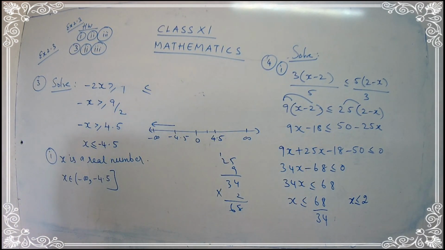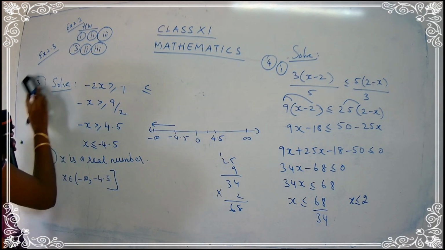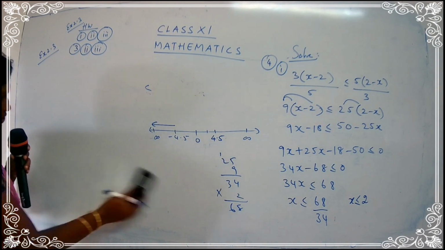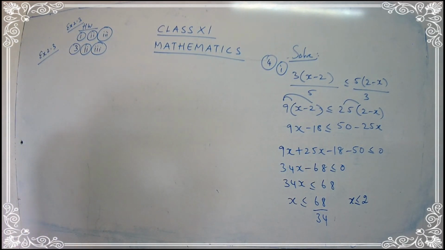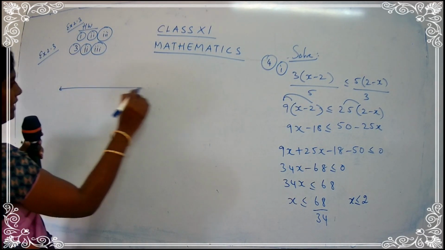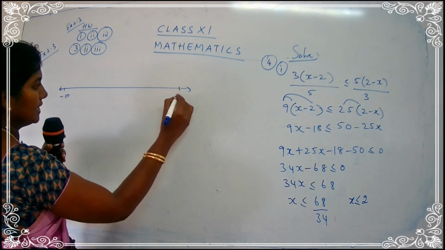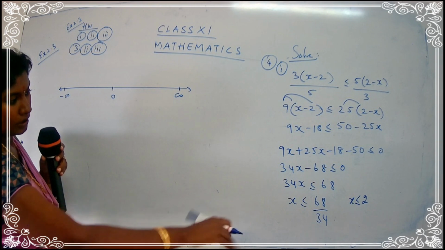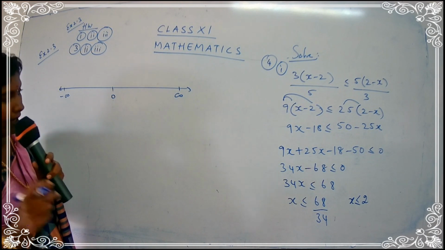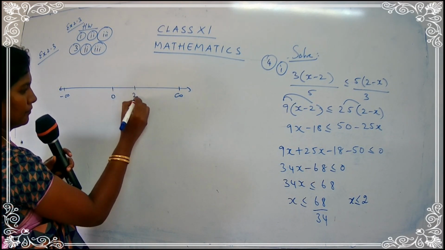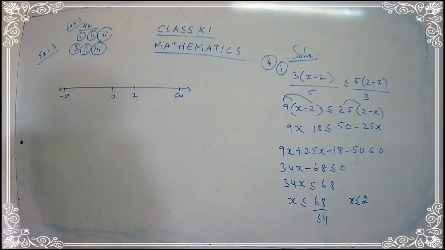So let's try to draw a number line and try to write the answer using interval notation. So always try to write the answer using interval notation, children. So we get x is less than or equal to 2. I'll draw a number line. Minus infinity, plus infinity, 0. We have 2. Here no need of worrying about the sign, all are positive, so no need to worry. So just 2. Where is 2 going to lie? 2 is going to lie on the right side. Yes, 2. x is less than or equal to 2. So how will be the answer, children?